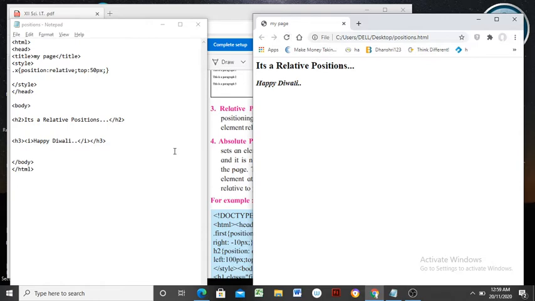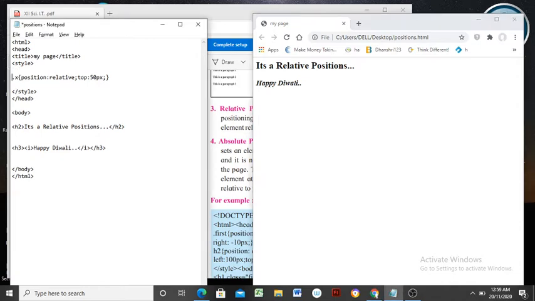Why is it so? Because we haven't used this effect in any HTML element. Normally we can use any tag here, no doubt. Suppose I have applied an h2 tag here, so applying x as a selector as part of the position, we must declare this x as a class, and it becomes like this, class equal to x.